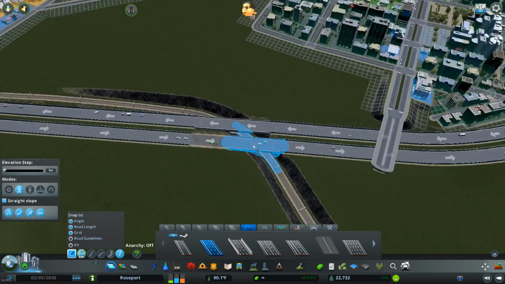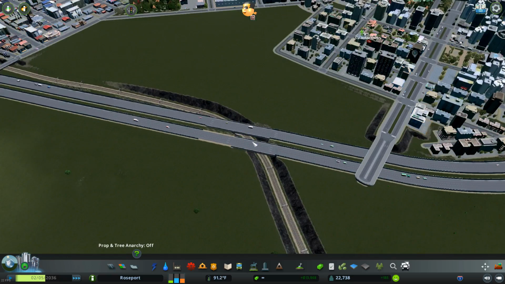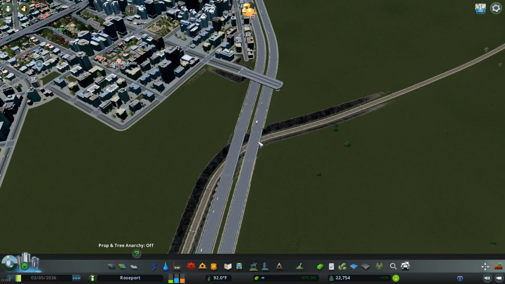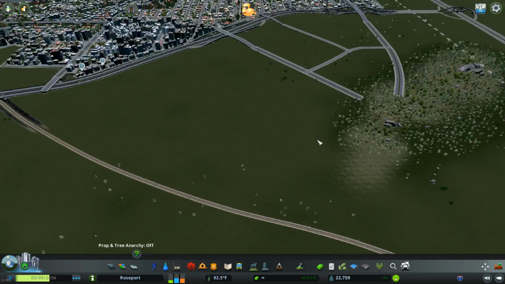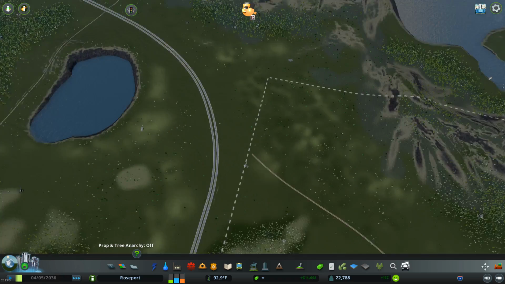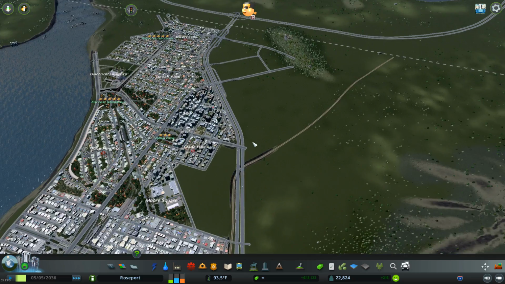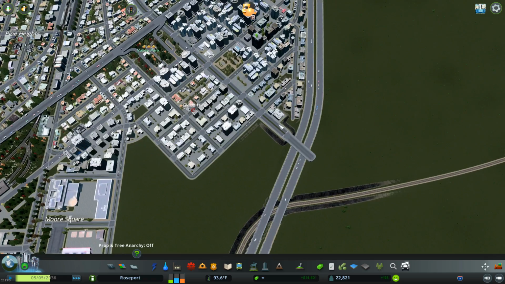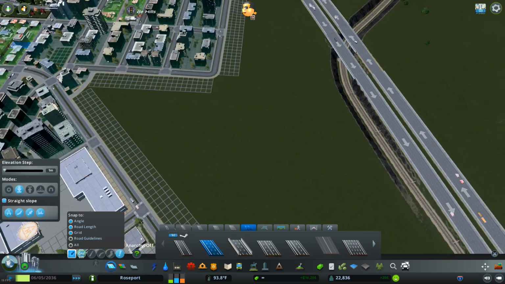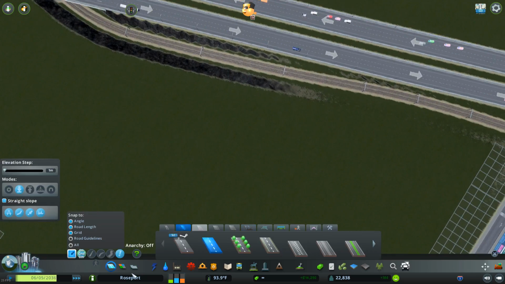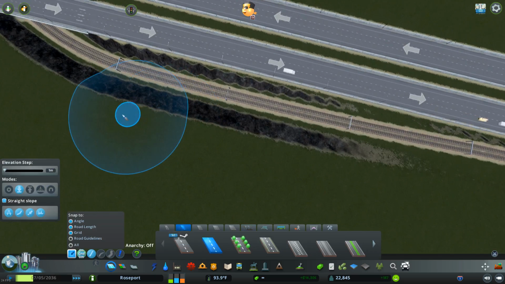Nope, that works. That functions. It works, yeah. That's out of the way for now. That's a rough estimate of where that needs to be. However, this side is pretty much done, so we're gonna go back over to this and